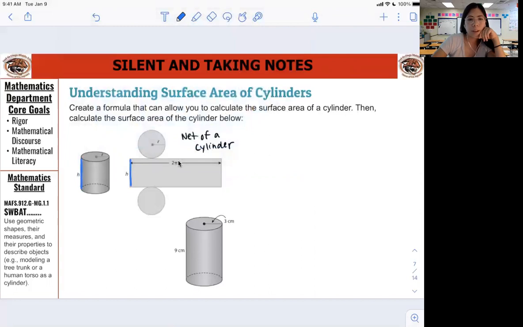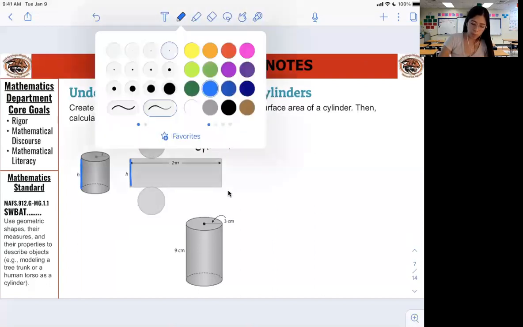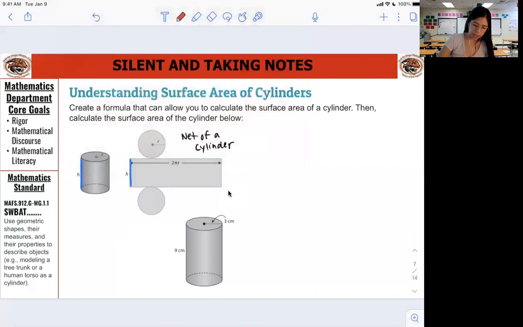But where does this come from? 2 pi r. What is that? Where does the 2 pi r come from? Good. That is the circumference. And let's see why that is. Well, that's because if I take this circumference, I'm going all the way around, that's going to match up with